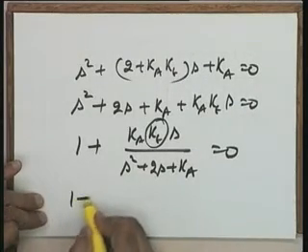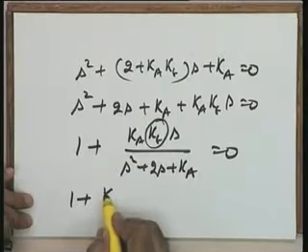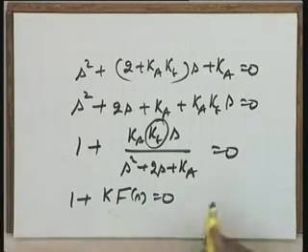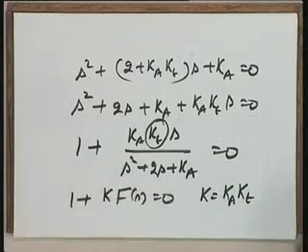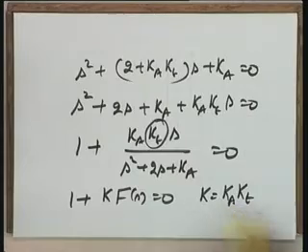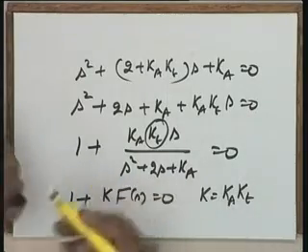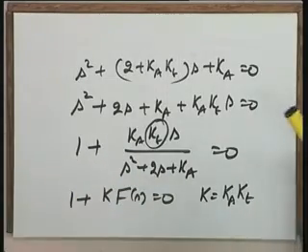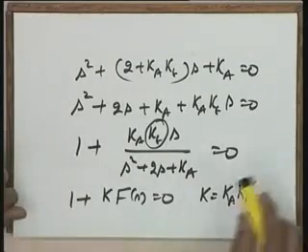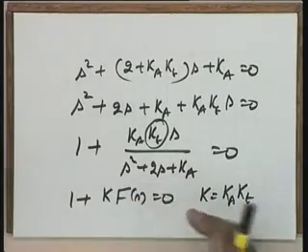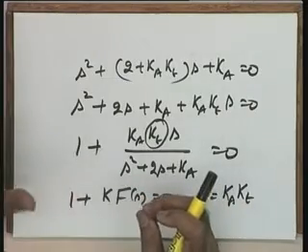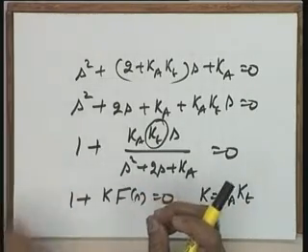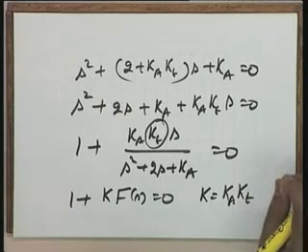So you will see that this function has been formulated as 1 plus K F(s) equal to 0, where K is the root locus gain, which is equal to Ka Kt. Assuming that Ka, the amplifier gain, is known to me, variation of Kt can be studied with respect to this particular equation. So please note that 1 plus K F(s) equal to 0 is an equation where K is the root locus gain, and you have to bring this out suitably as a multiplier, the value which you want to vary to study the effect of that particular parameter.